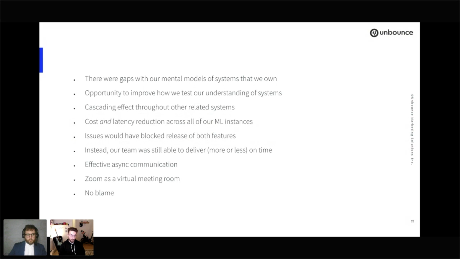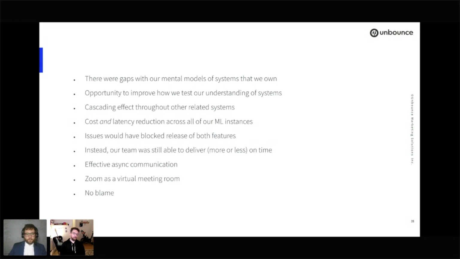getting things working. And finally, no blame. This was one that I didn't even really think about until close to the time of this presentation, but Unbounce has worked very hard to have a culture of no blame when things go wrong. So much so that it didn't even occur to anybody to be asking that question. Instead, everybody was focused on a solution and collaborating and working together. It's pretty good because most of these were probably my fault. So anyway, and the